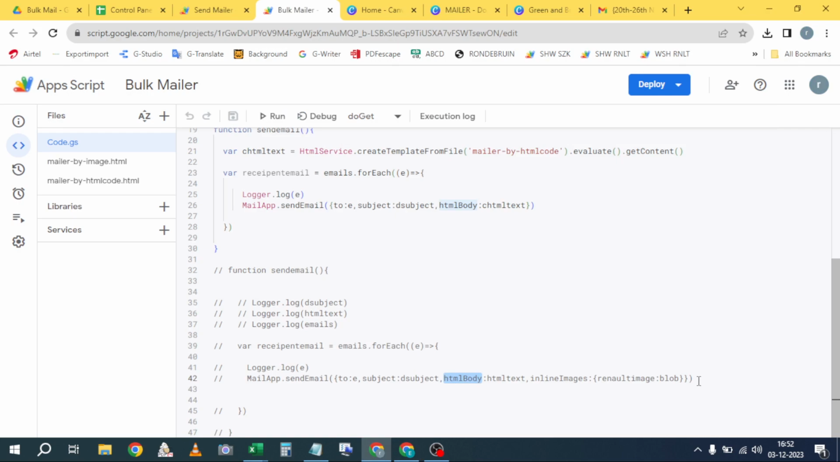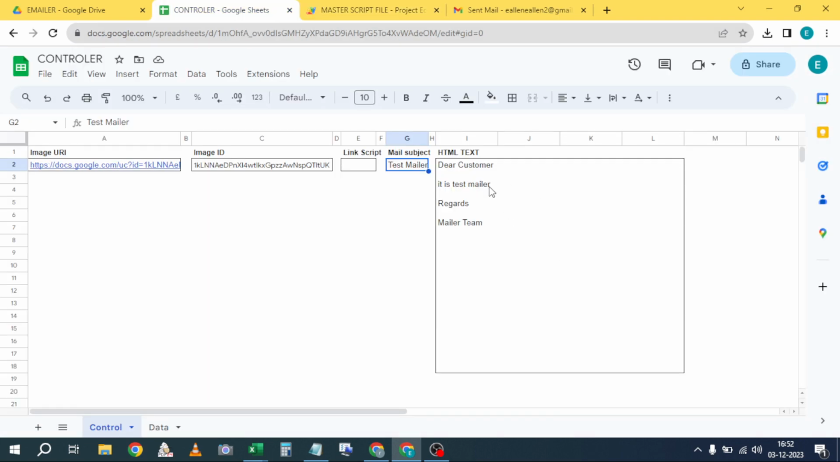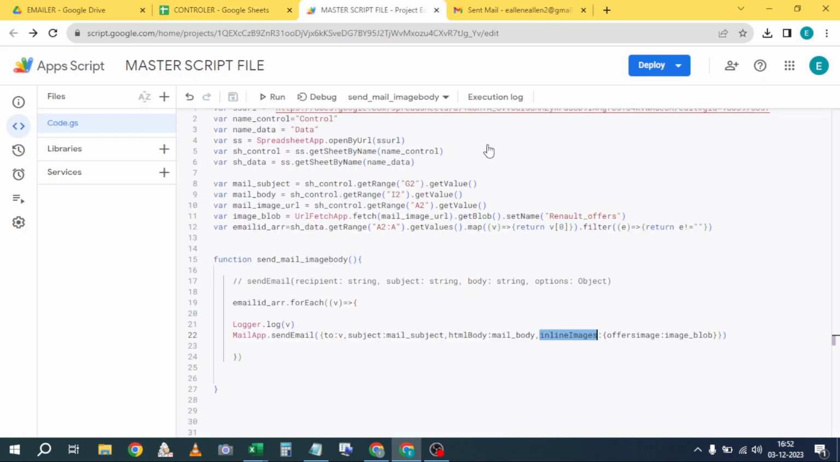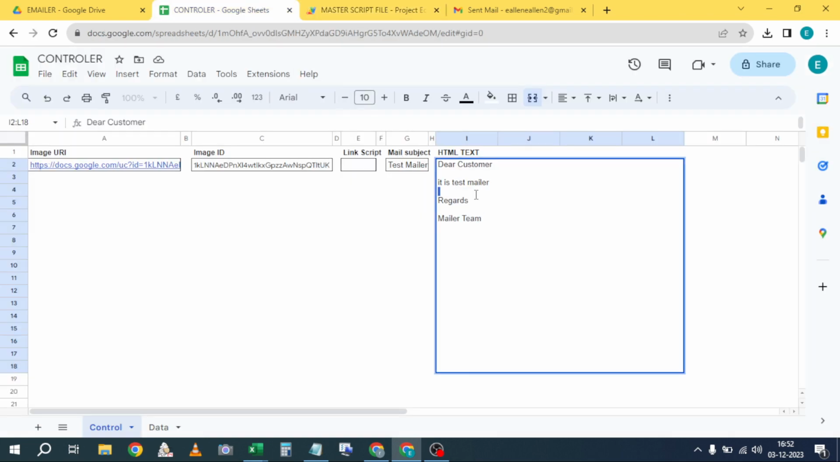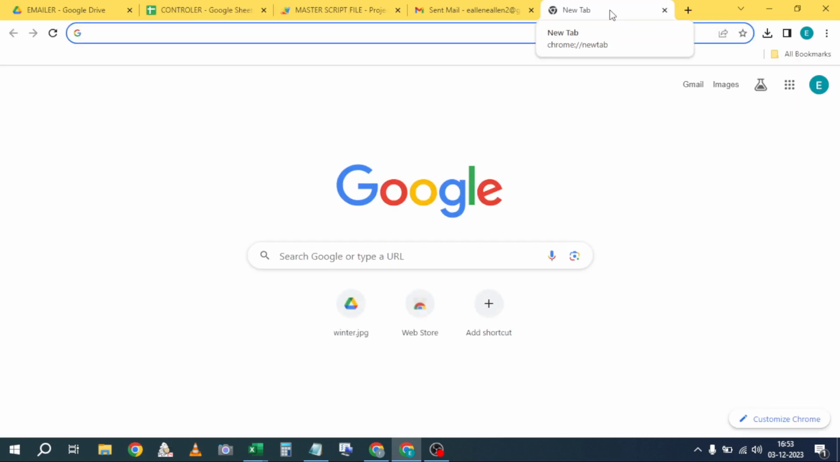Go to this place. But see, I have used the inline image function over here. The same thing has been used here, but still it is not sending it as inline. What is the difference? The difference is that if you want to send an inline image, you have to use this variable in this mail body, in between this mail body. Then how will you use inline image? It is very simple. You just go here and create